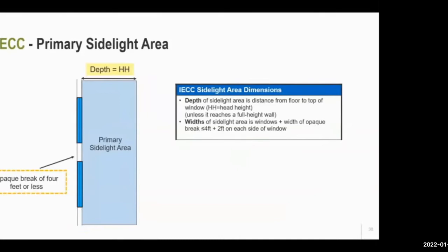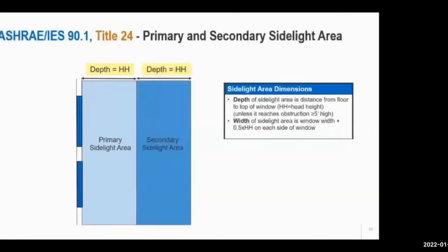What's aligning in the codes is what we are seeing here, which is the code for the ASHRAE IES 90.1 and Title 24 as they define the sidelight daylight area. Again, we have our exterior wall with windows. Adjacent is your primary sidelight area. The depth here is the head height of the window, which is the same as the IECC code, but what